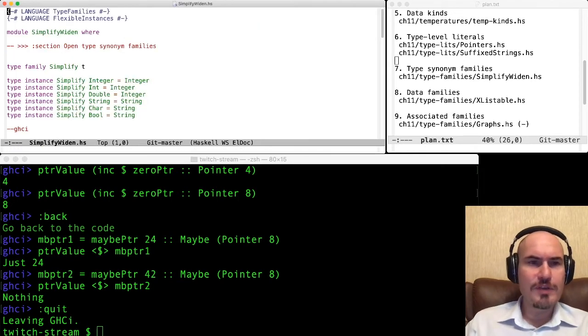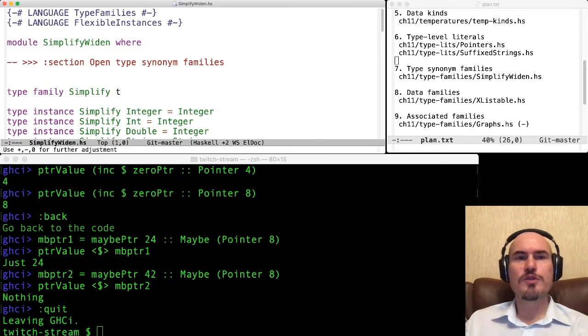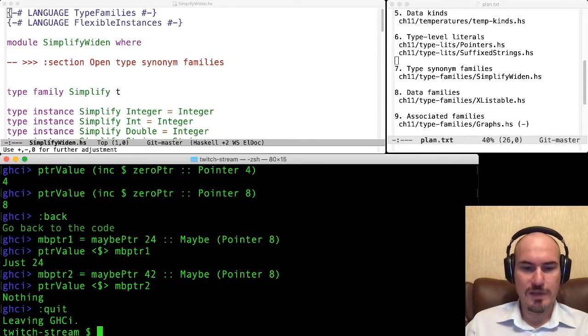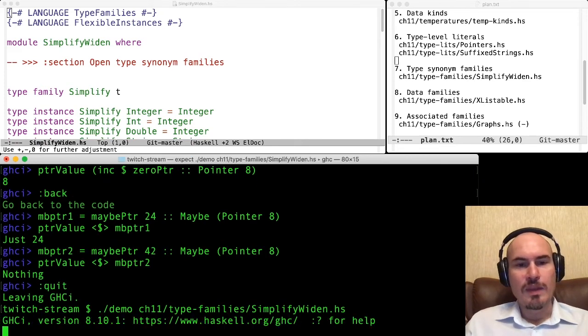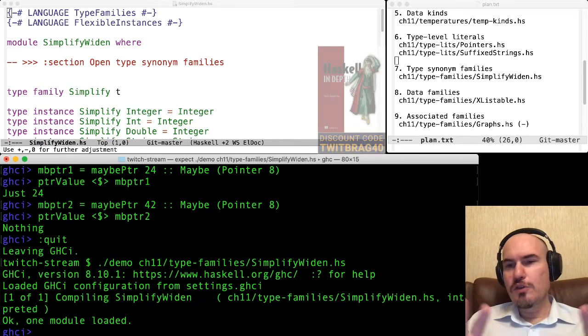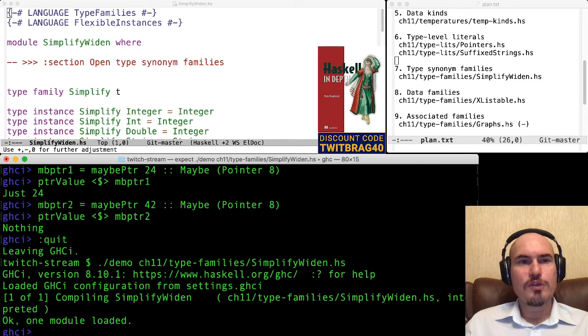And again, I have a very, very simple example of a type family here, and I will run it in a demo. And of course, if you look on the internet for examples of type families, you can see many, many sophisticated examples, but here is a very simple one.